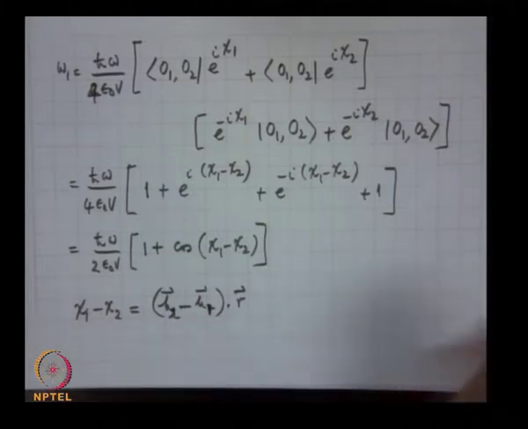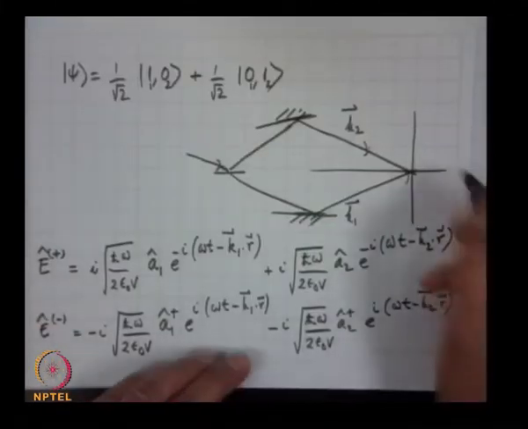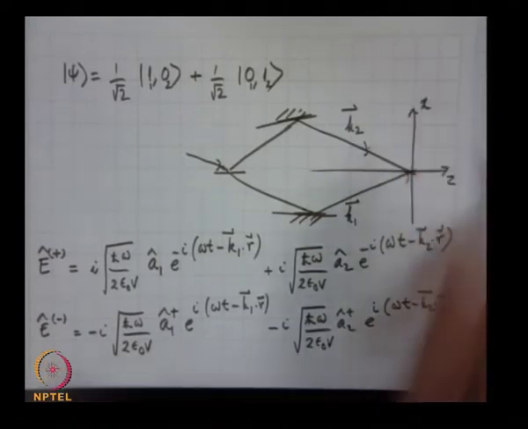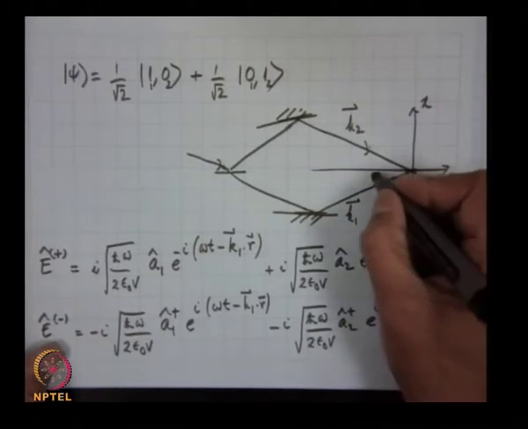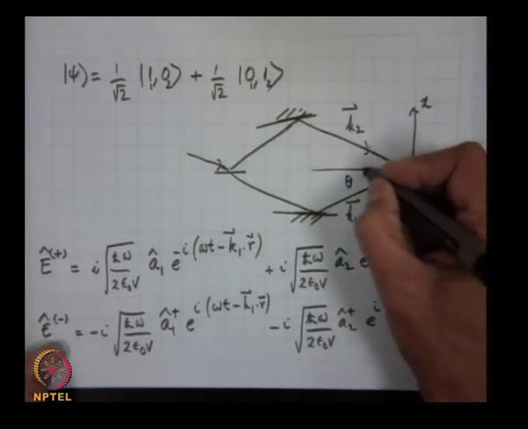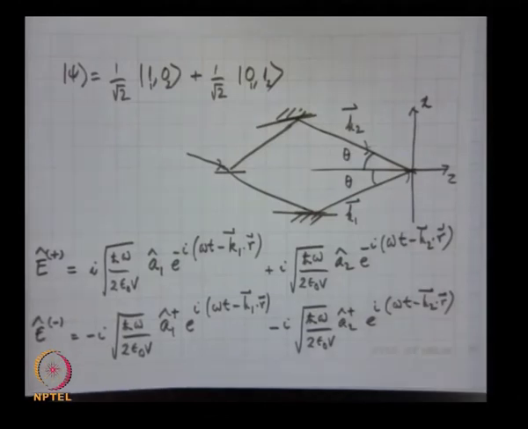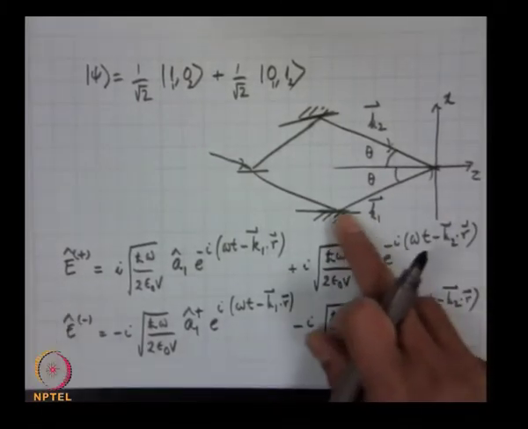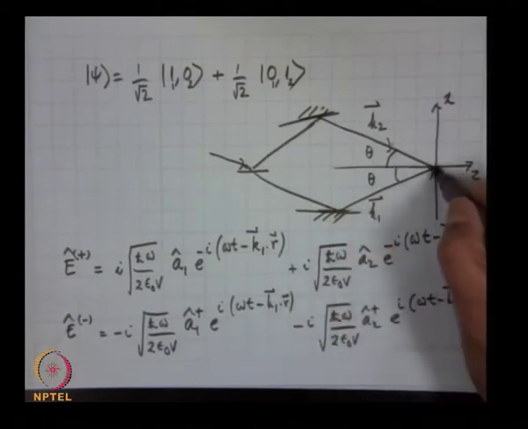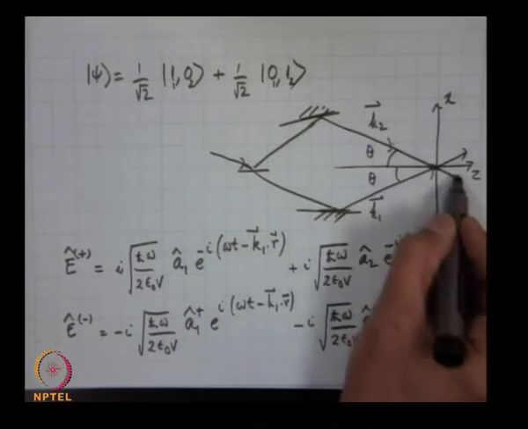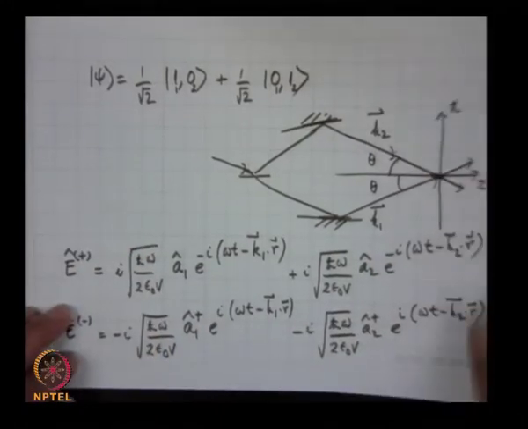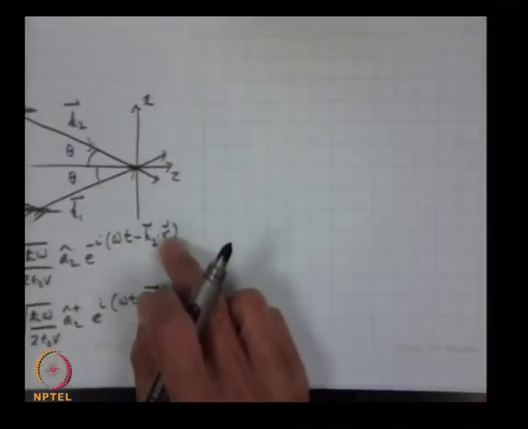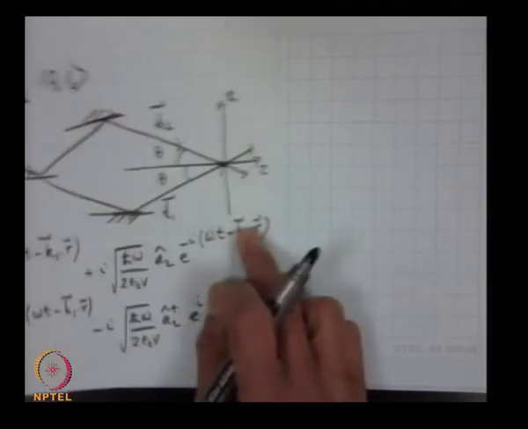So for example, in this figure, to be more specific, let me call this z and let me call this x. And let me call this angle theta and this angle also theta, just to be a little more specific. So what is k1 vector? This is a plane wave going at an angle theta with the z-axis, like this. And this is another plane wave going at minus theta with the z-axis. So what is k1 vector? You have the figure here. So k1 vector